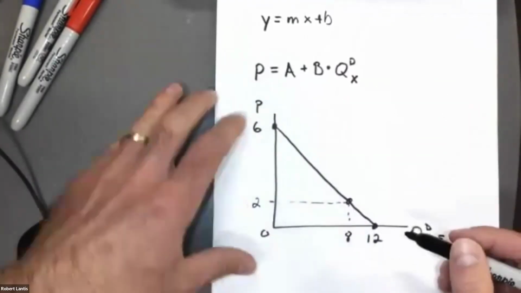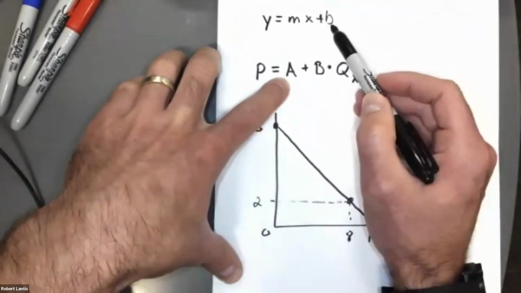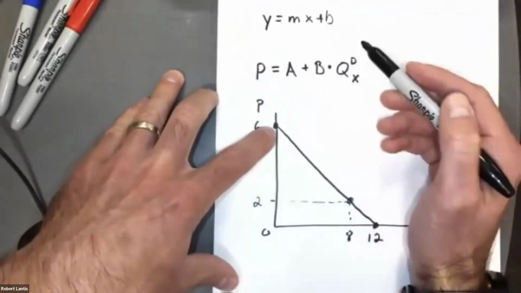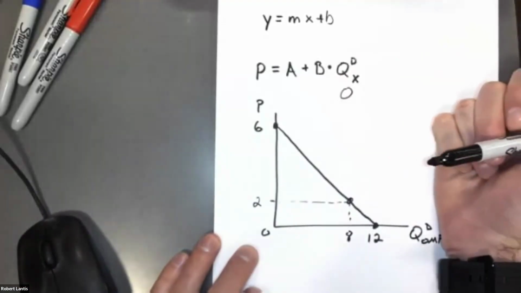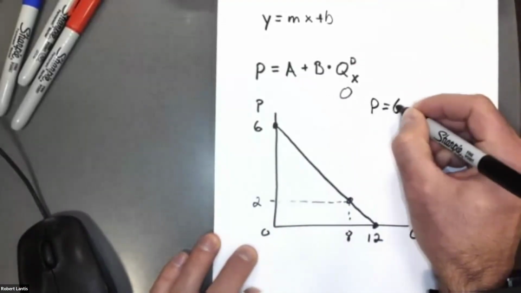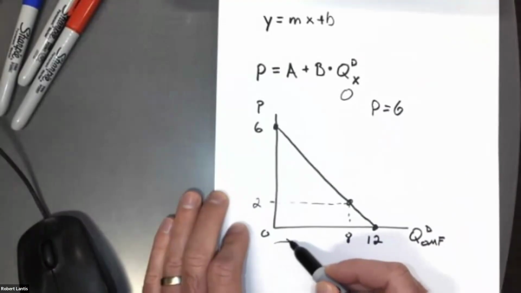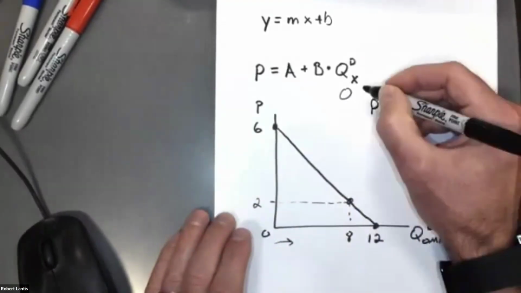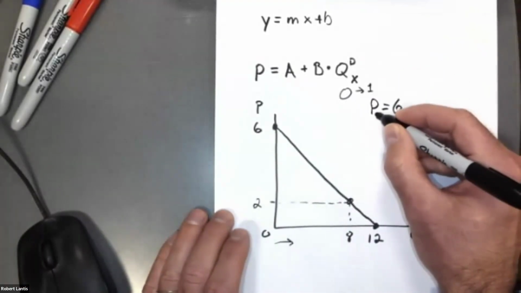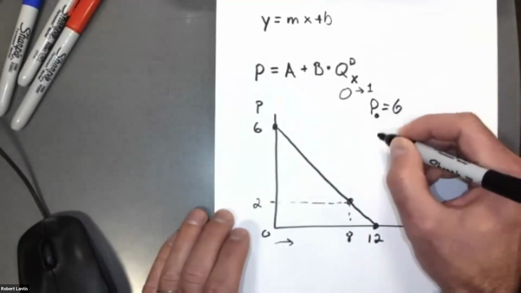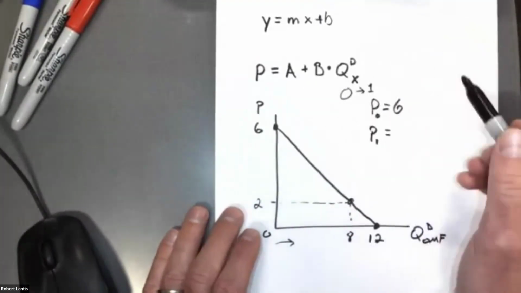If I were to write out this equation, what is my y-intercept here? Remember, in the general form of the equation, this would be your y-intercept. When the quantity demanded is 0, what is the corresponding price? Here we've got 6. And then as I see the quantity demanded go up by 1 unit, so if this goes from 0 to 1, what would my price be at a quantity demanded of 1? Well, the intercept of 6,